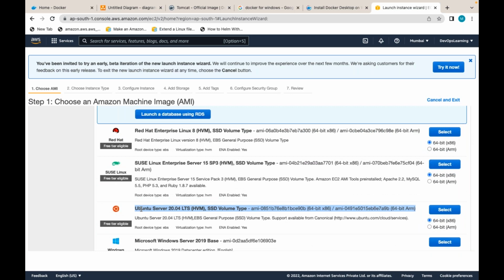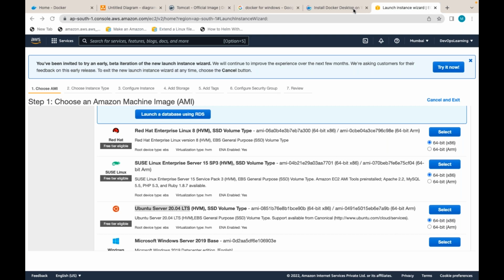Instead of that, I am taking this AMI. What is this AMI? Ubuntu Server 20 LTS. What type of operating system is this? It's again Linux only. Which distribution? Which flavor? Ubuntu flavor.